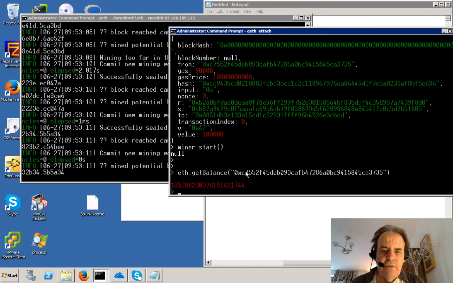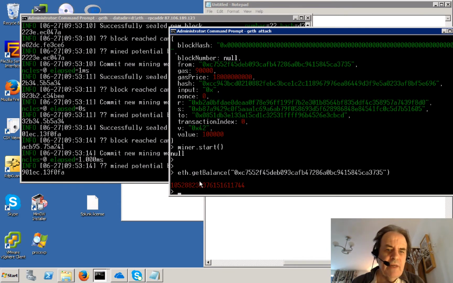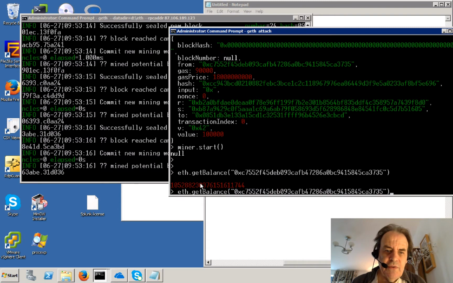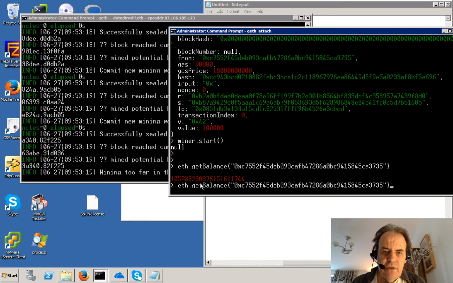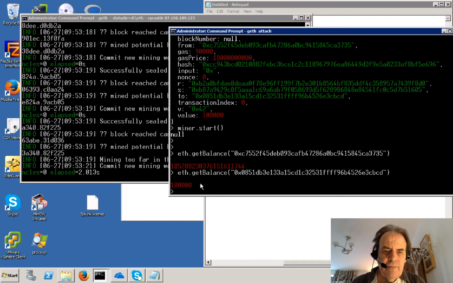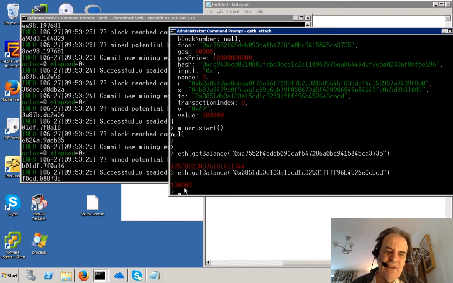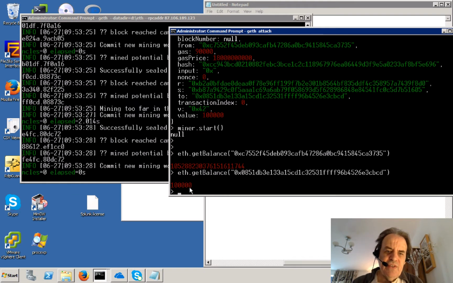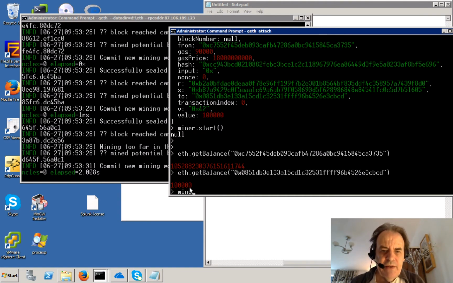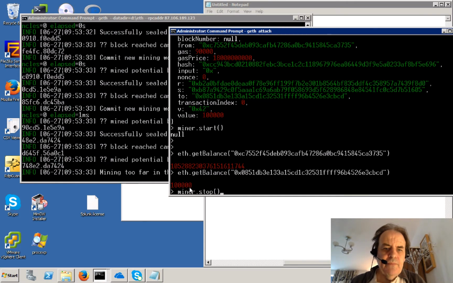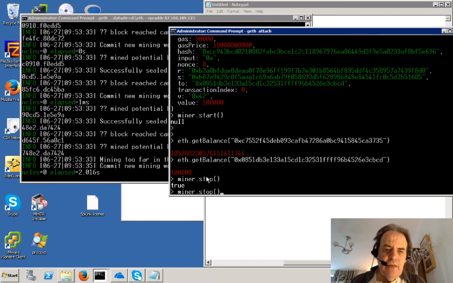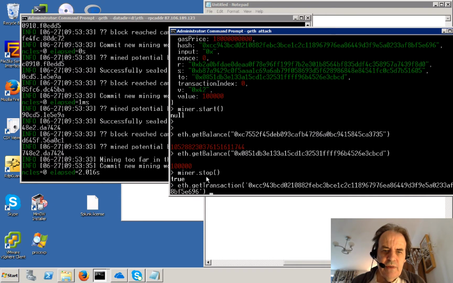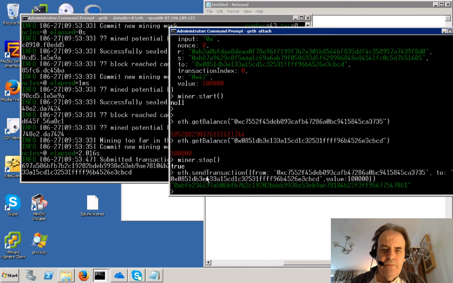And we can see the balance for this account has changed because we've started to mine and we're getting credits for mining. So let's have a look at the other account. And there it's there. Okay, so you can see here there is the successful transfer. So I'll just stop the miners. And I'll just go ahead and do it again just to show you that it works. Okay, so there we go. Do the transaction again. So just to show,